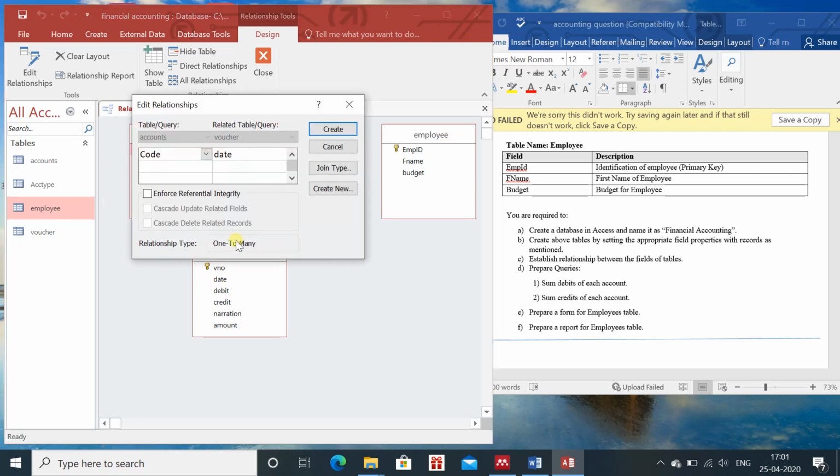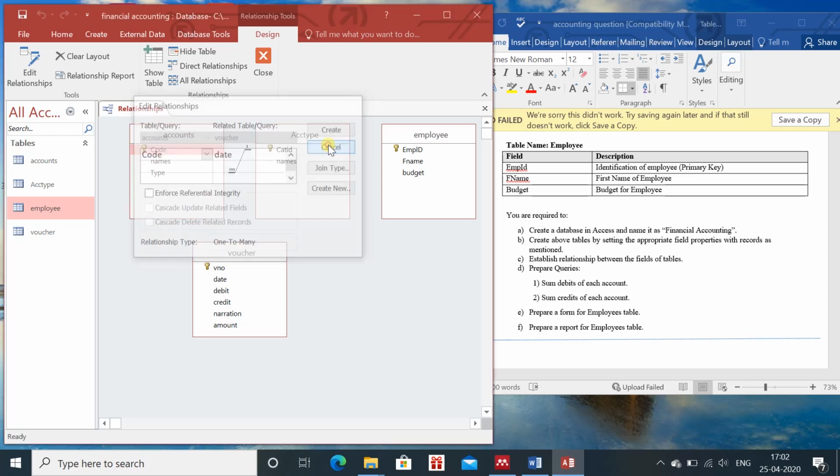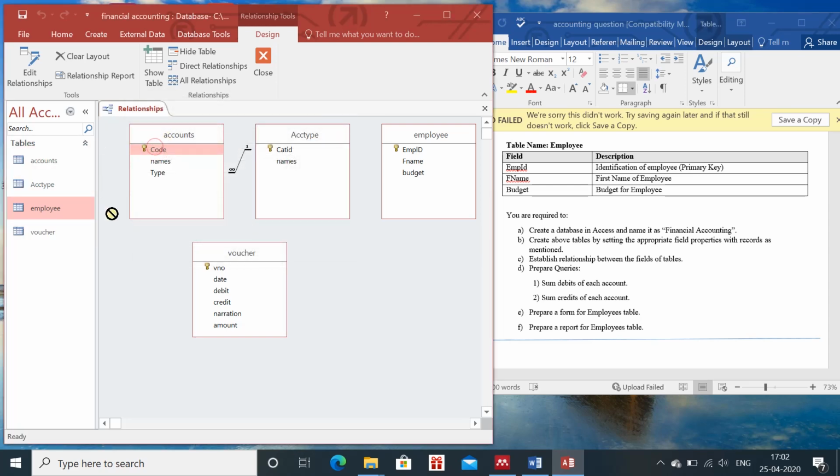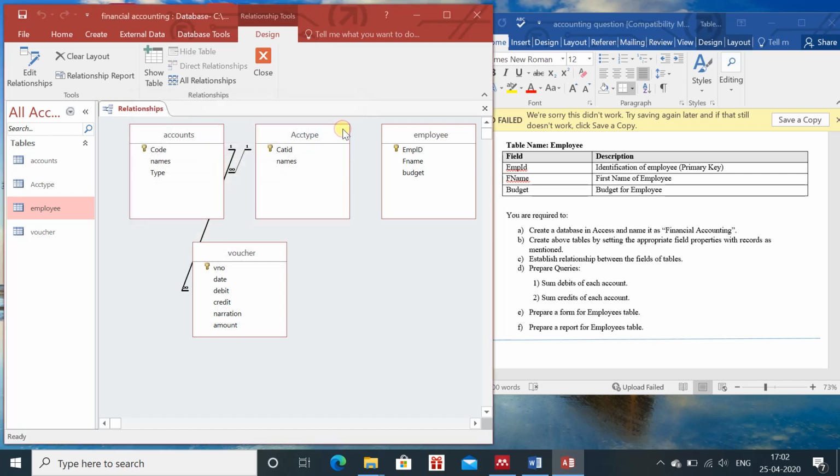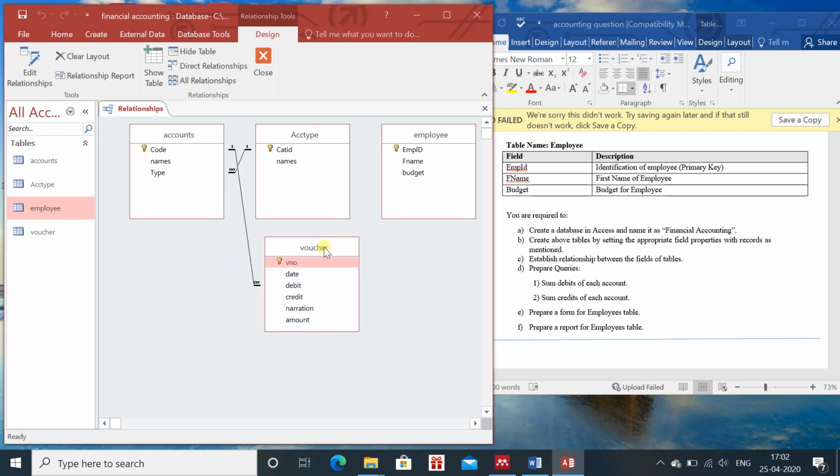You have to, not with the date, cancel it. We want to create the relationship between the code and the debit. Code and the debit. So we will follow the same system. Sorry, code and the debit.